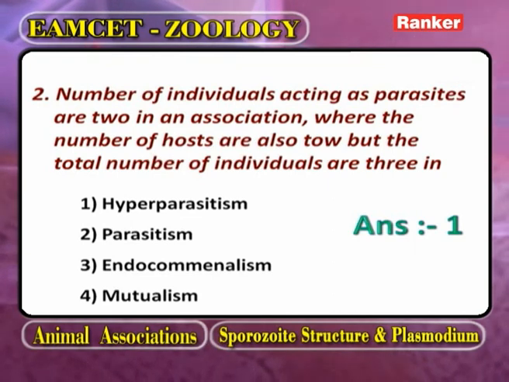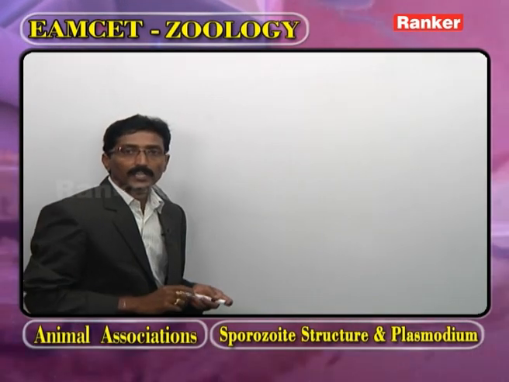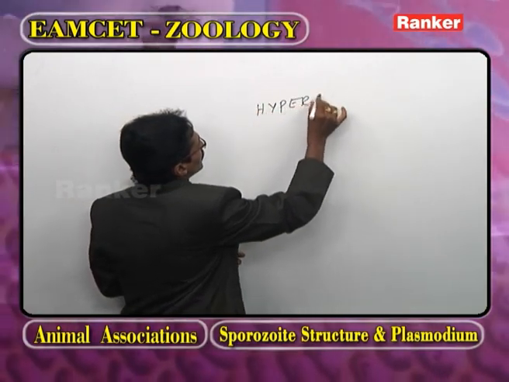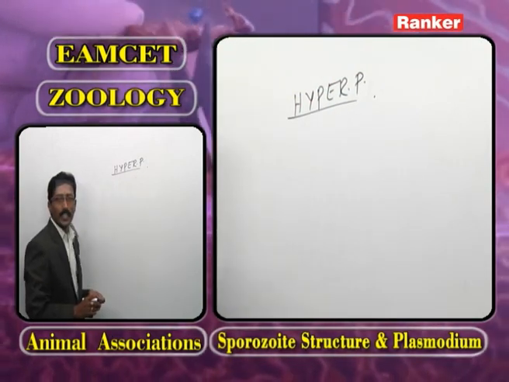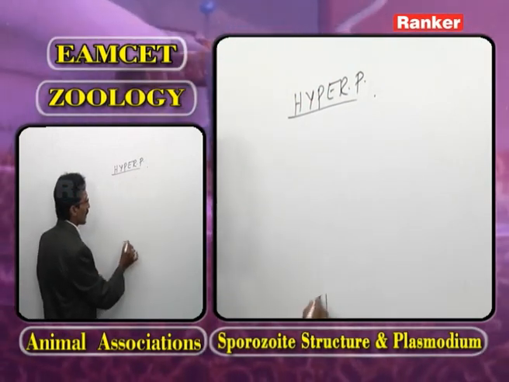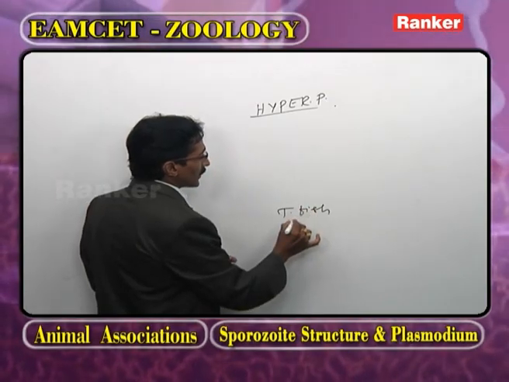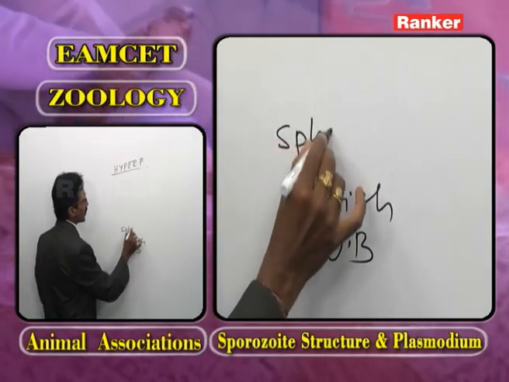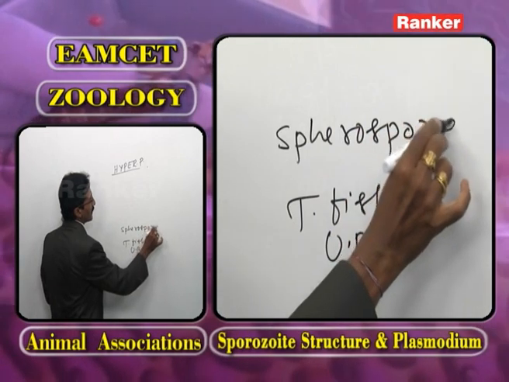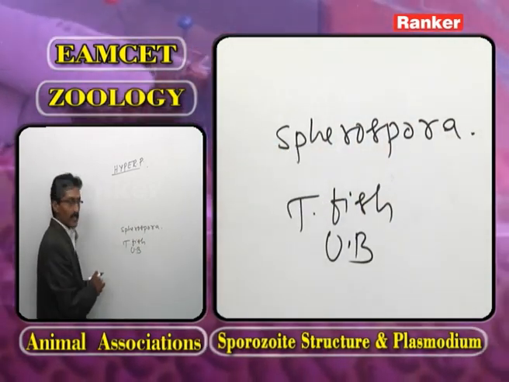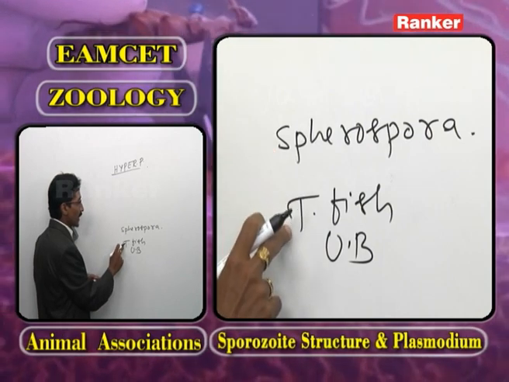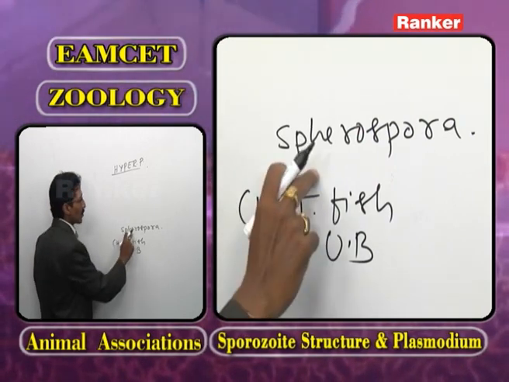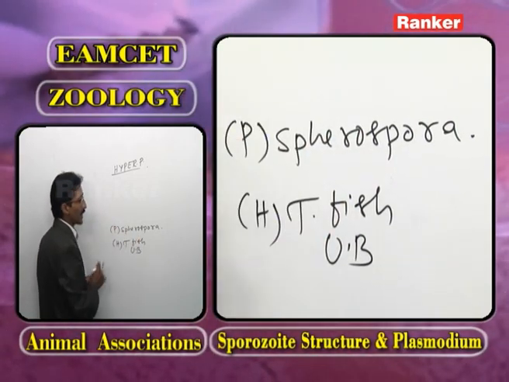Now, as we observe this question, among the types of parasites, one type we call a hyperparasite. Now this is the toadfish. In the urinary bladder of the toadfish, what is present? Spirospora, a nidosporan parasite that lives in the urinary bladder of the toadfish. It is the host. Spirospora polymorpha is a parasite.